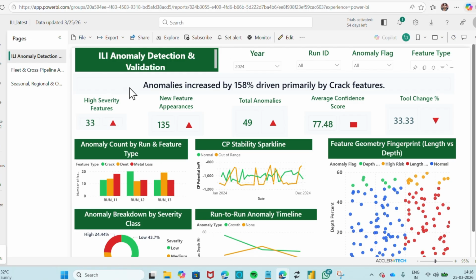For example, in this case, it says that for the year 2024, anomalies increased by 158%, driven primarily by the crack features. Then come the 5 metrics. The high severity features give us the count that require immediate actions. The new feature appearances, emerging threats not seen in previous runs, are shown here. Total anomalies gives us the